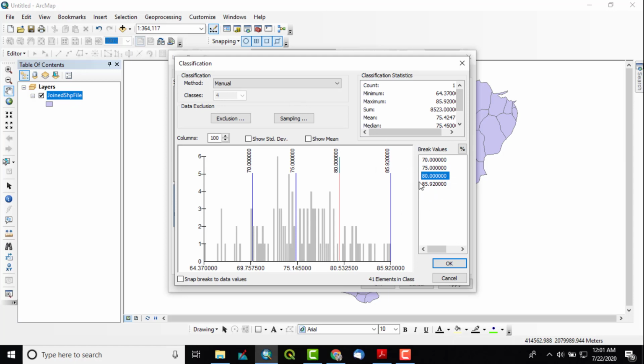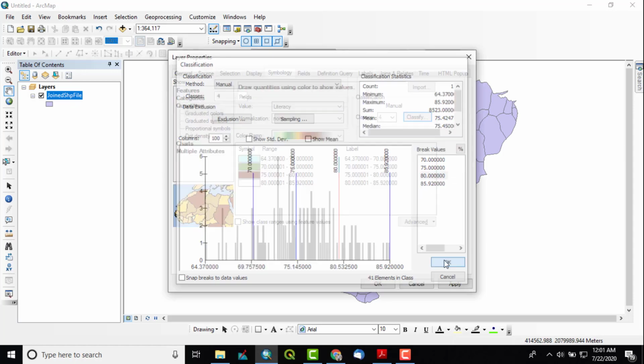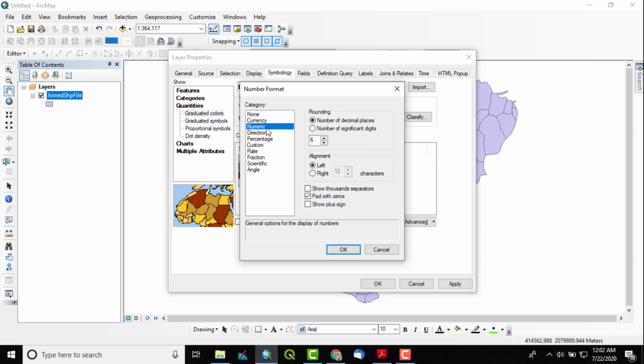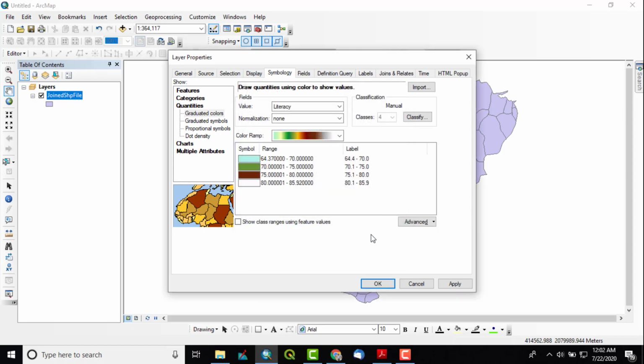So suppose I want these 4 classes. Just say OK. Now see, these many zeros are not required, so let us minimize them. Click on this label, format labels, and numeric decimal places, make it 1. Say OK and click on apply.